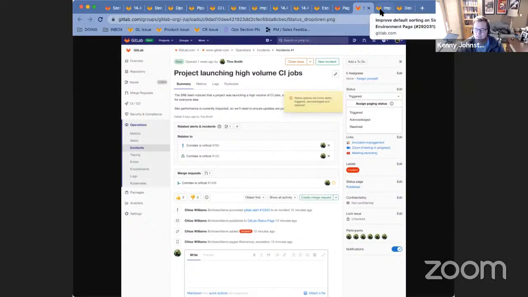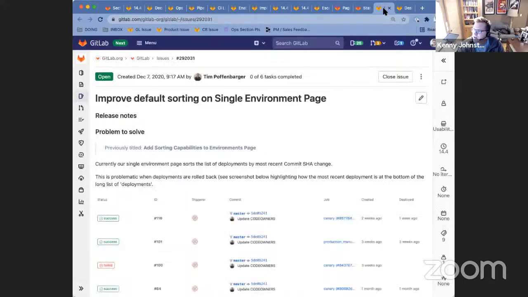So that's a great improvement that focuses on what we've learned about how users intended to use the product that will make their lives easier. And then a couple of small ones that I wanted to highlight. One is